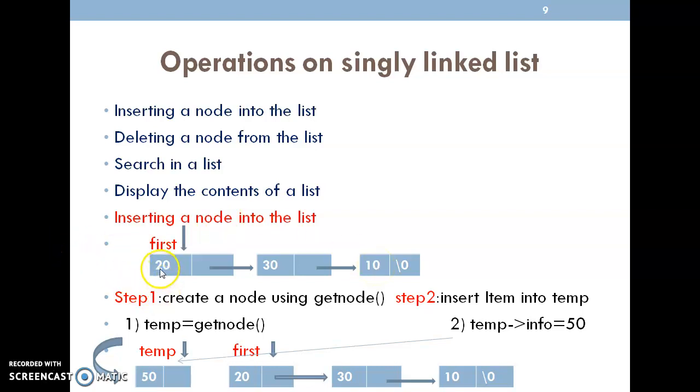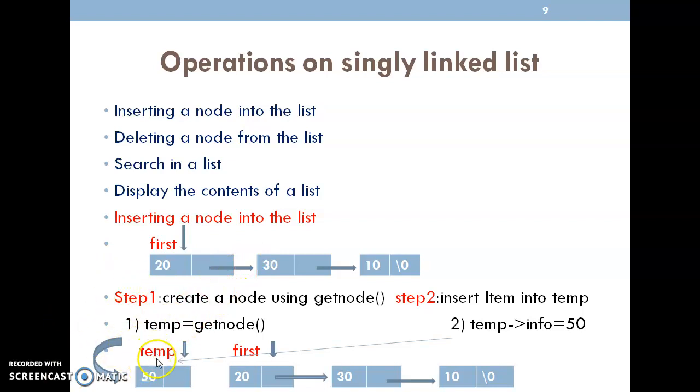How to insert the node at the front? Here, this is the first node, and here I want to create one more node. Once I add the value, I have to add the link between these two. Now how to perform this? First, I want to create the node at this place. So call temp equal to getnode. It will check whether memory is available or not. If memory is available, the node will be assigned, and then the temp node will be created.